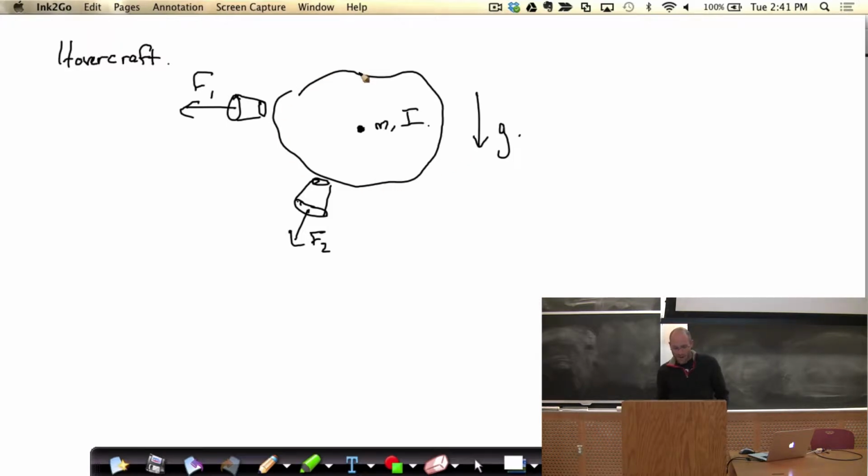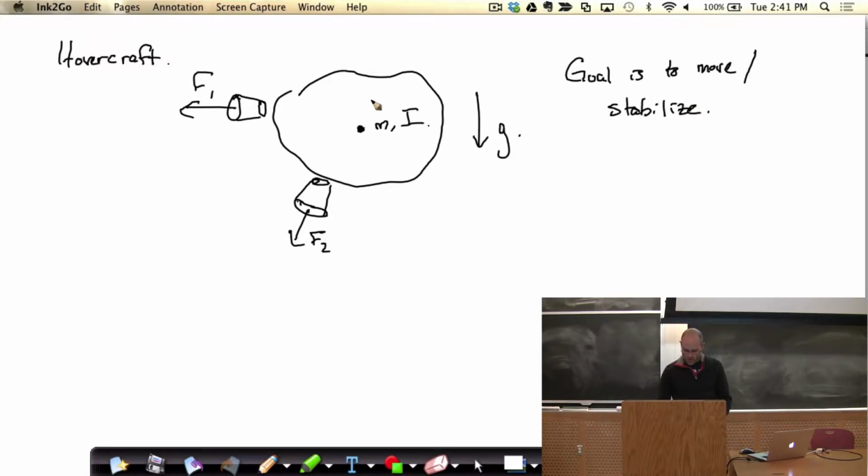And our goal for this toy model here is to move the center of mass, this mass and inertia. You move your rigid body around, right? It's to move, relocate or stabilize